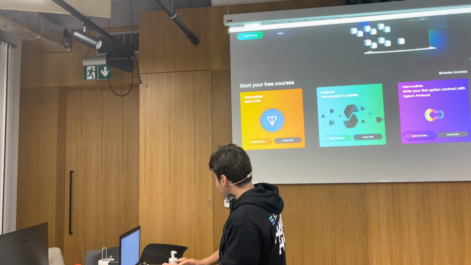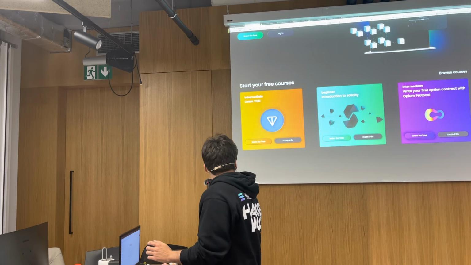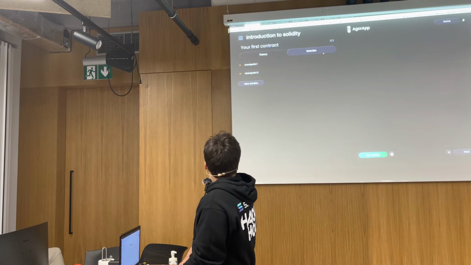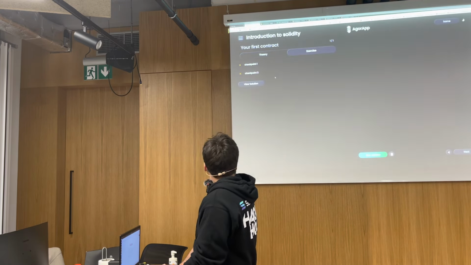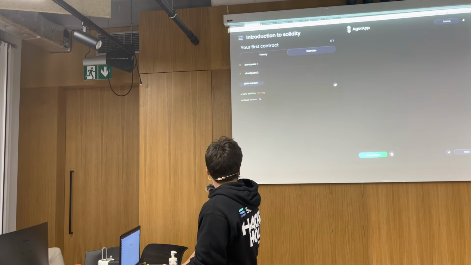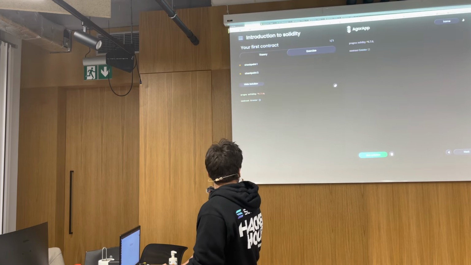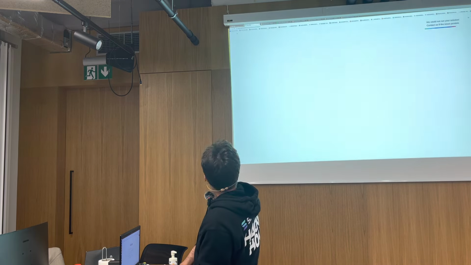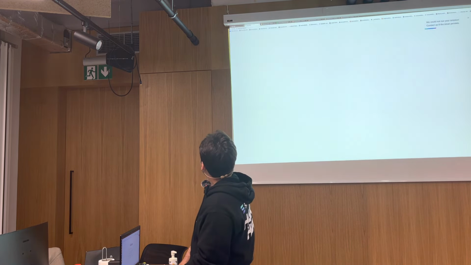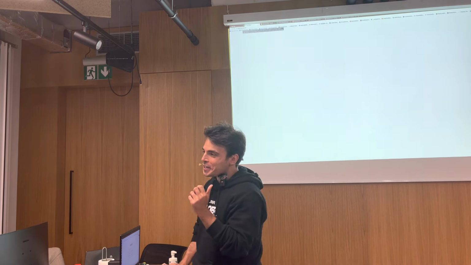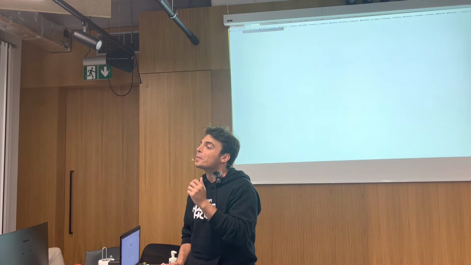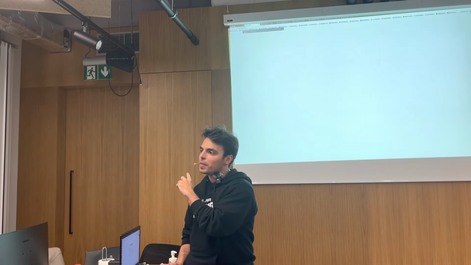So if you go to Introduction to Solidity, here you will be able to, let's say, this is a very basic challenge to declare. All right, nice, crashing. So not cross-platform currently, but it actually is. But anyway, there is a bug. But anyway, this is running an EVM in the background.